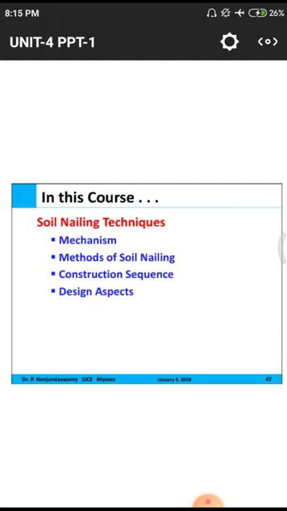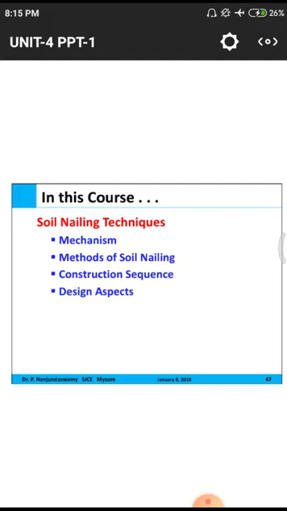First of all, we have a head which is connected with the help of tension rods. Those tension rods are arranged into the soil with the help of chemical resins and other bonding agents, so that those bonding agents will have some quantity of bond with the earth structures. After that, the bond will be carried by this head or face of the structure.